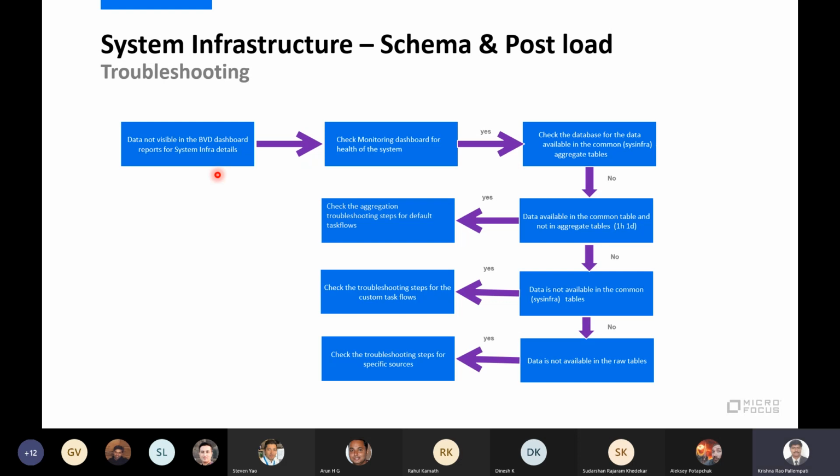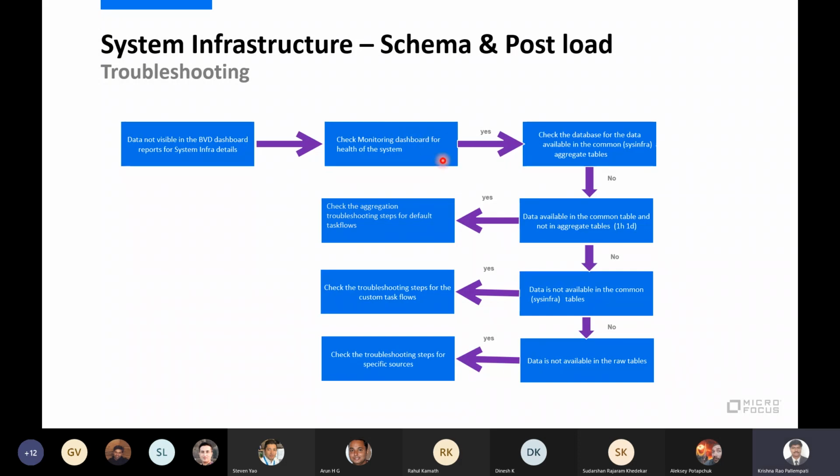Then we understand that there are some gaps or no data in the reports. Then what to do? The first point of contact is to see whether all the tasks or task flows have run or not. We'll go to the monitoring dashboard and see the task flows, the post load task flows, and whether those are running or not.